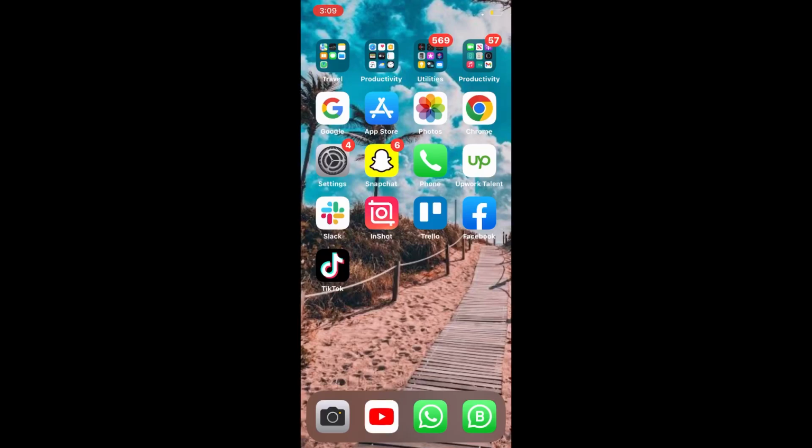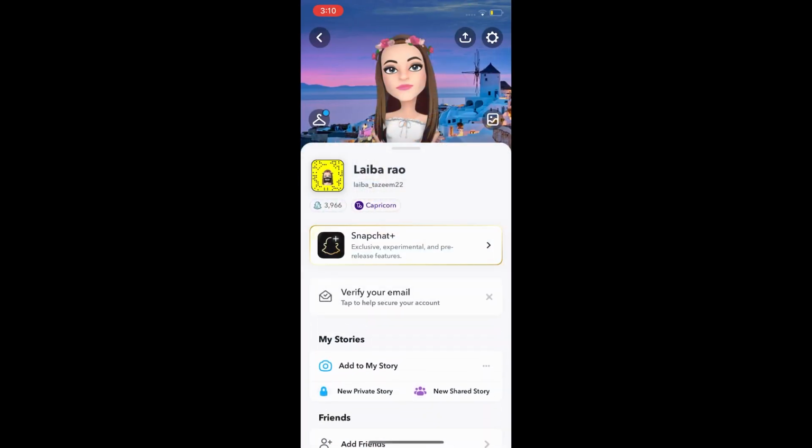Today we learn how to get Snapchat dark mode 2023. So guys, this is a very simple process. First we tap on Snapchat and go to the profile and click the settings sign